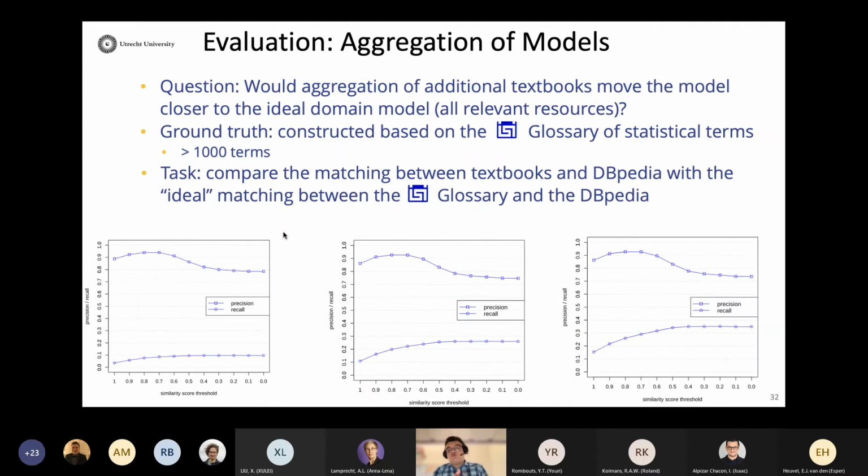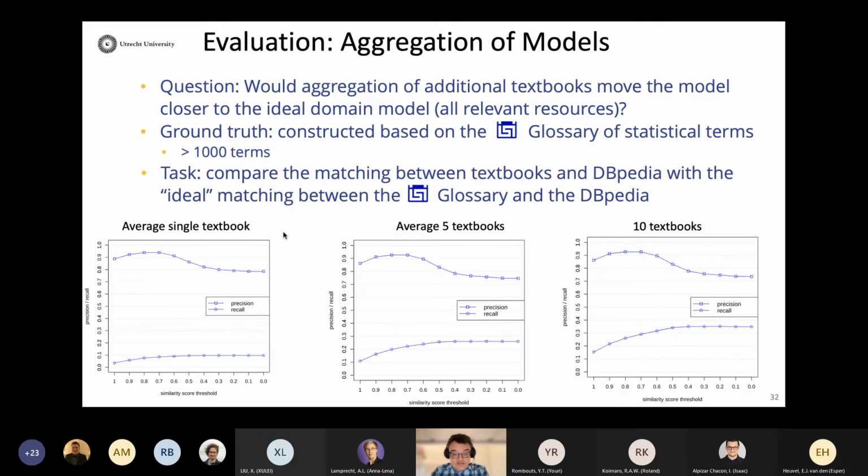Another thing we wanted to check is what will happen if we integrate multiple textbooks. And we did this. So we queried Wikipedia based on one single textbook and how many resources we can retrieve successfully based on one single textbook, and then based on 3, and then based on 5, and then based on 10.